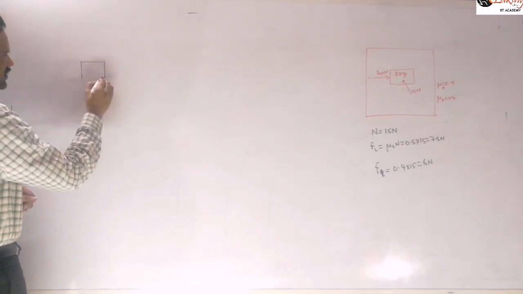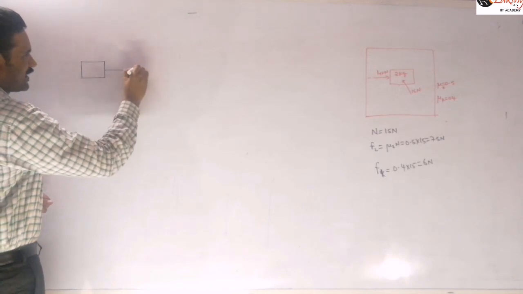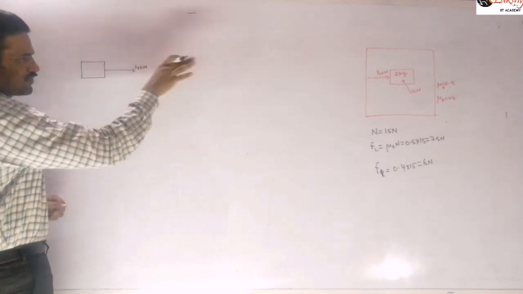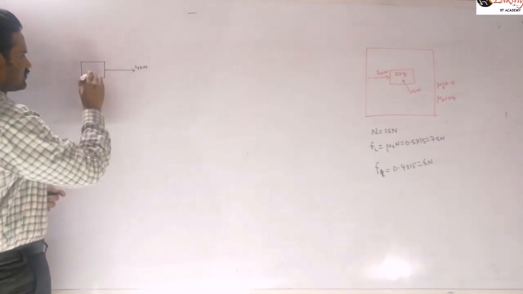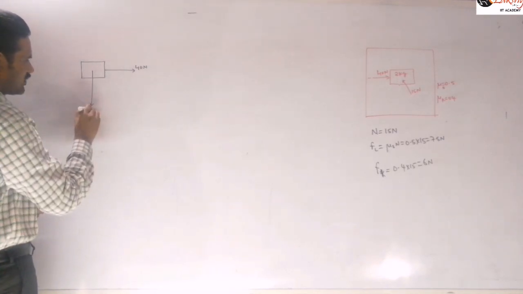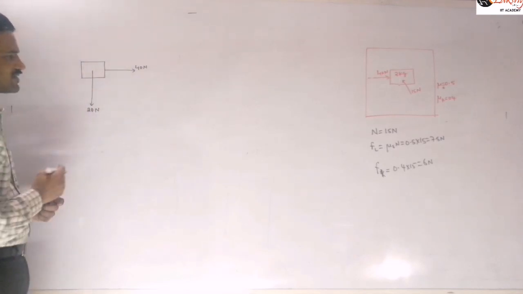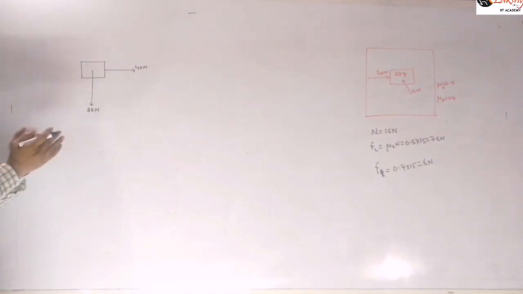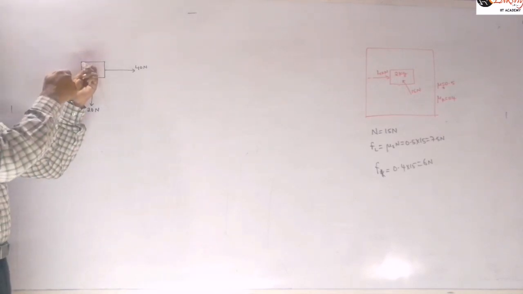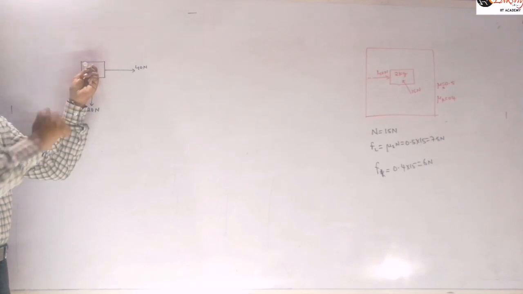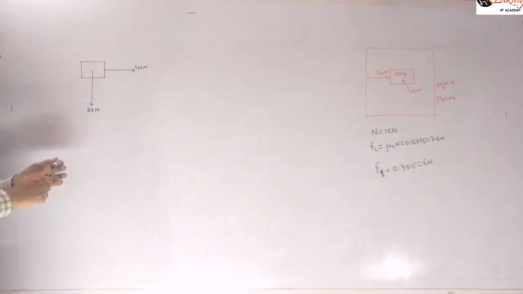So this is the block that I am taking here. This 14 newtons force is acting along this direction, so it is trying to accelerate the block along this direction. In addition to that, the weight of the block is there. That means for 2 kg, 20 newtons is acting along this direction. So only these two forces are trying to accelerate here. This 15 newtons which is applied perpendicular to the wall is not accelerating that block, right? So only these two forces are accelerating that system.